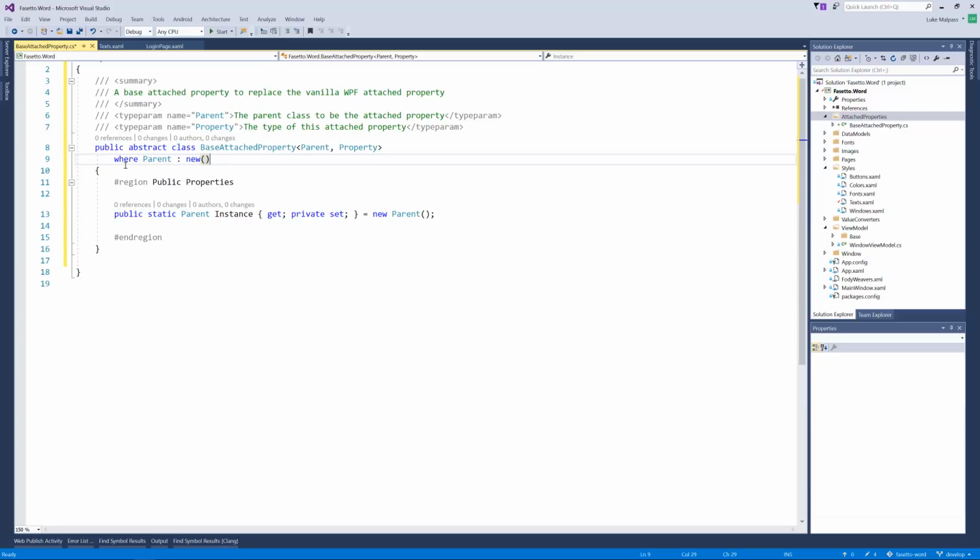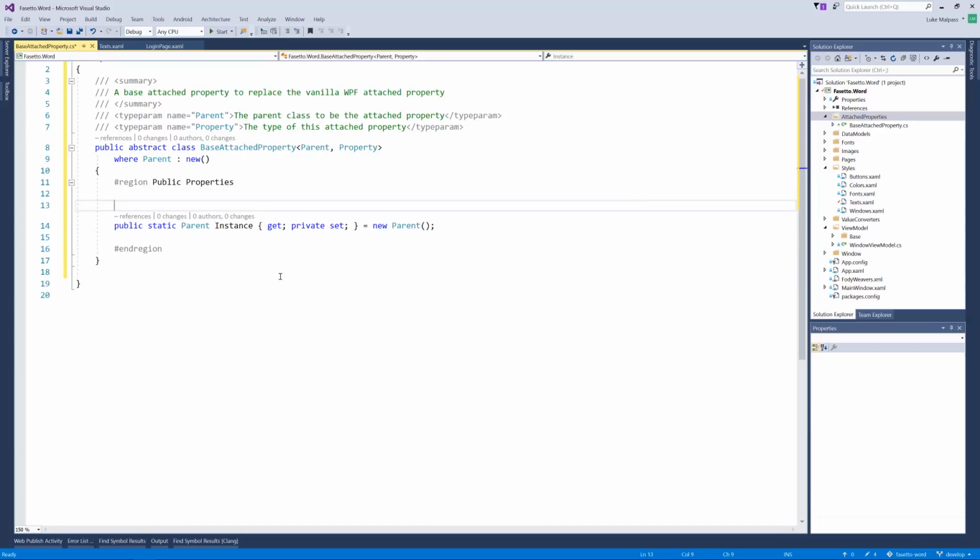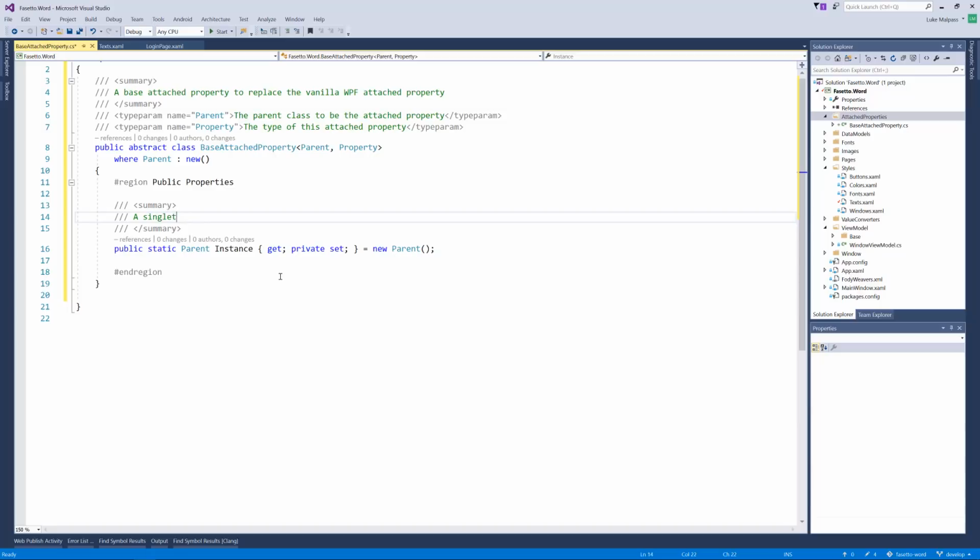It looks a bit similar to SQL, and this tells the base attached property that the parent can at least be newed. It's something that you can create a new instance of, so it's an object. So now we can create this new instance of a parent. So any property that inherits from this, its subclass is the base attached property, we've got an instance of itself in the static domain, if you will. So this is a singleton instance of our